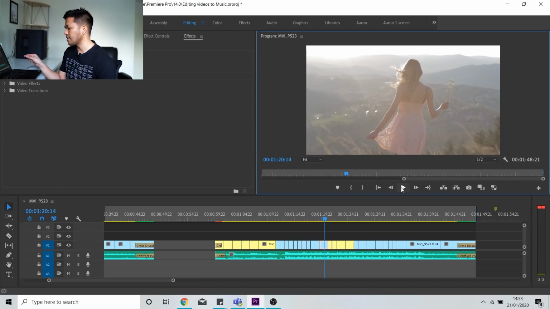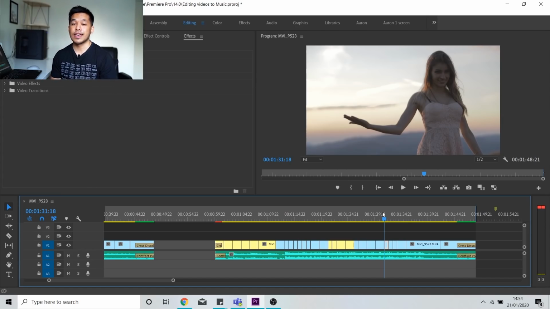And here, I didn't follow it there. I left it one beat longer, just because the clip looked quite nice. I wanted to have it linger a little bit longer too. So definitely a really good exercise to practice editing to music is just to listen out for the drum beat